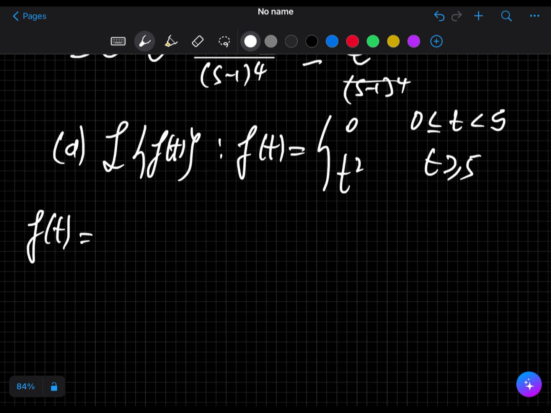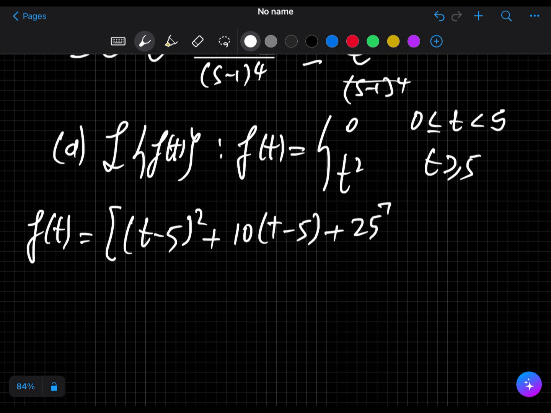So now this is the best form I got this way: t minus 5 plus 25, and all of this I multiply by u of t minus 5. Now let me tell you why I had this, because it's also important for you to understand how to rewrite a function as such, so that you will be able to answer questions during the exams or during the tutorial or